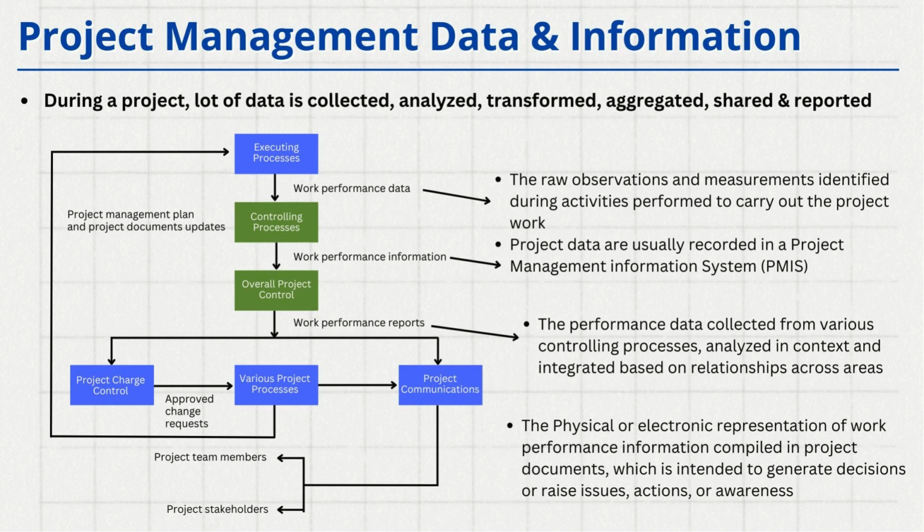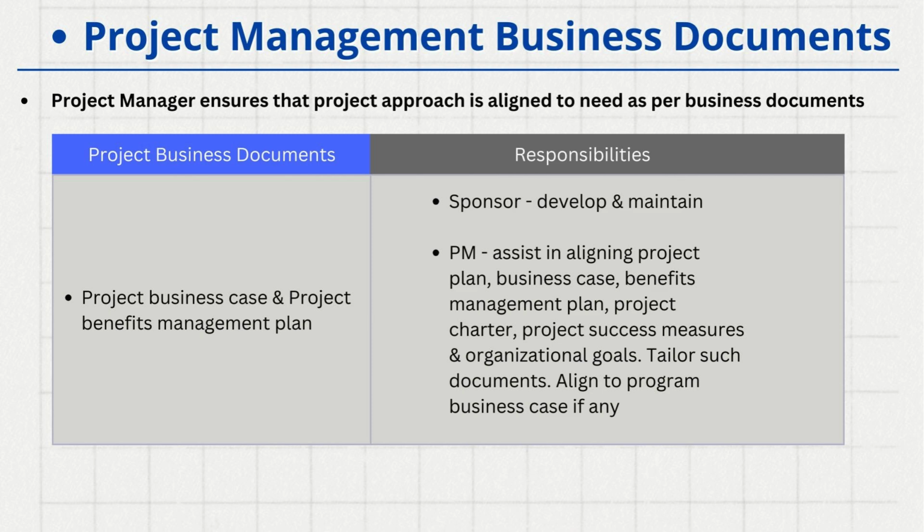This is what typically happens concerning data and information on the project because there is a lot of data and a lot of information available. We need to analyze it, ensure that we are using it effectively, and communicate it to the right people at the right time. Most importantly, we are also making certain decisions to take preventive and corrective actions. That's the most important thing from the data point of view. From there, we now move on to discussing project management documents.